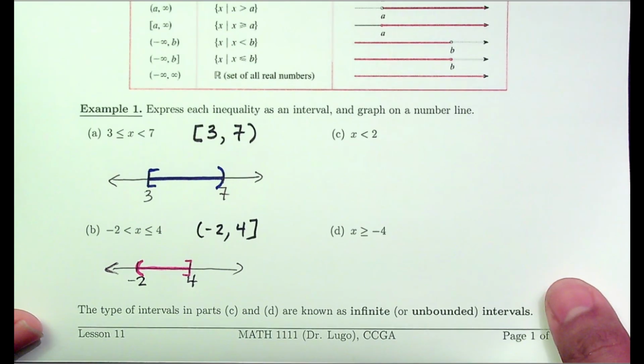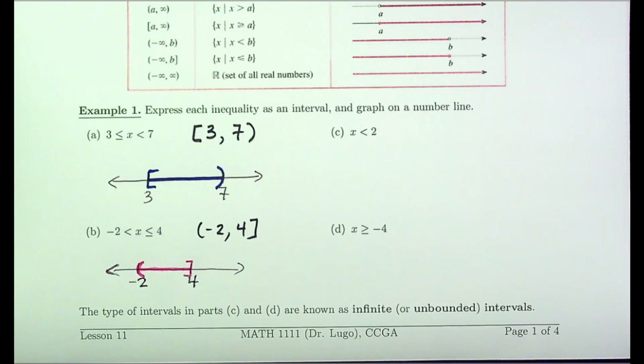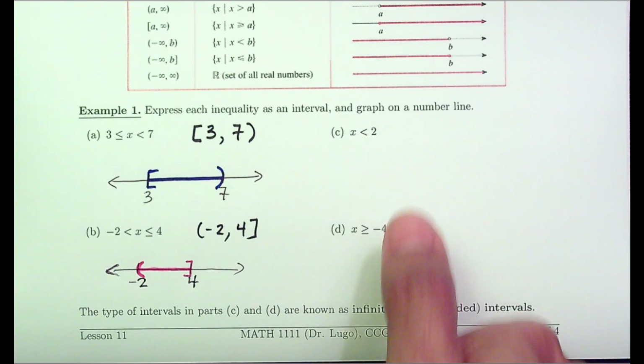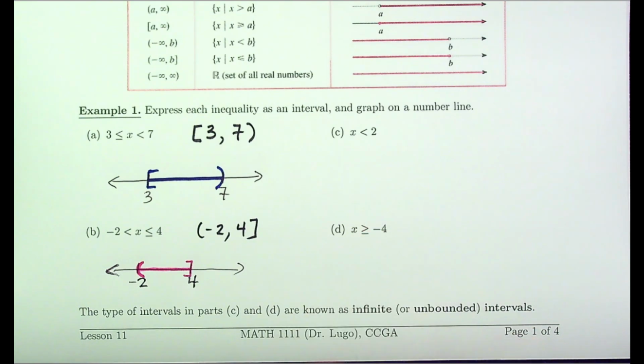Okay, now let's draw pictures for the other two. The other two are not compound inequalities, just single inequalities. All right, so this one says all numbers to the left, smaller than 2. Smaller, get used to thinking of this. Smaller means to the left of. So x less than 2 or x smaller than 2 means all numbers to the left of 2. So when we draw the picture,